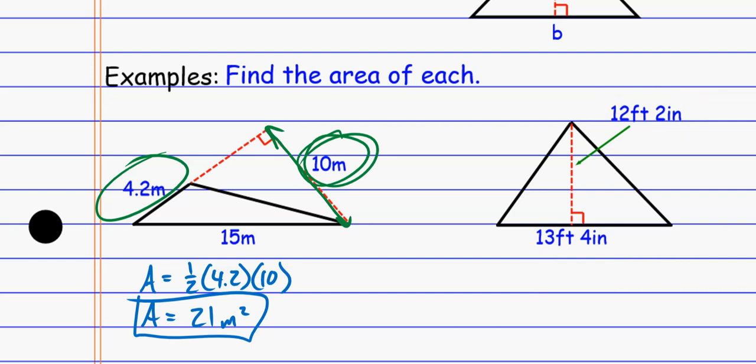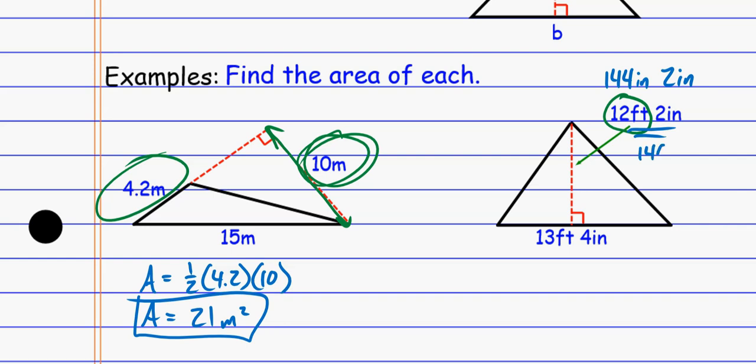Notice they're written as feet and inches. That's going to be really hard to multiply, okay? I can't multiply when one's in feet and one is in inches. So we want to convert this to 1 unit of measurement. And it's always easier to go to the smaller one. So once again, if you look at feet, you say, hey, 12 feet? Well, I multiply by 12 and say that's 144 inches. So if I have 144 inches plus another 2 inches, now I can say, hey, this whole measurement right here